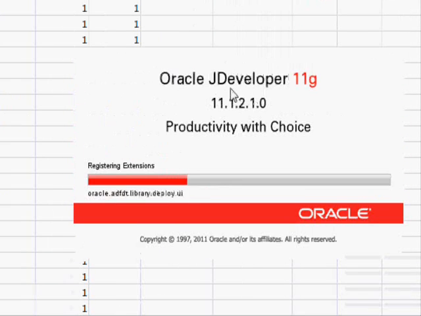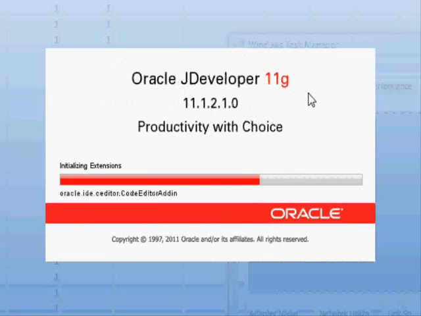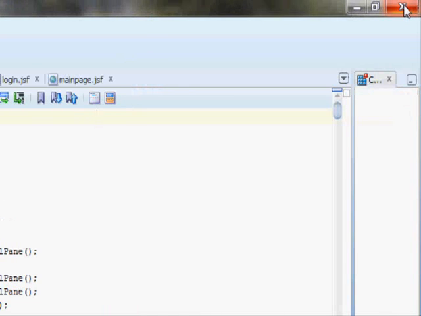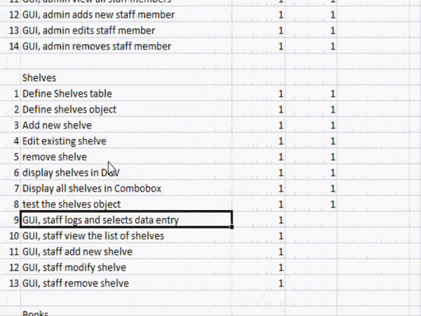Now, just to close the stupid window, run task manager, processes. Okay, this is why I hate JDeveloper. It takes lots and lots of memory. Close that. There we go. Okay, so now